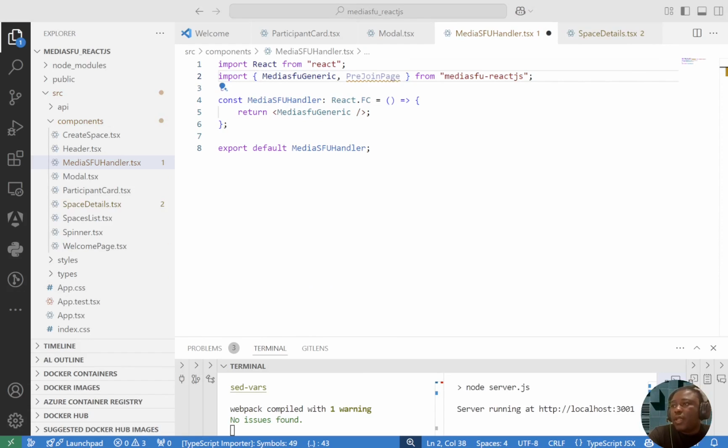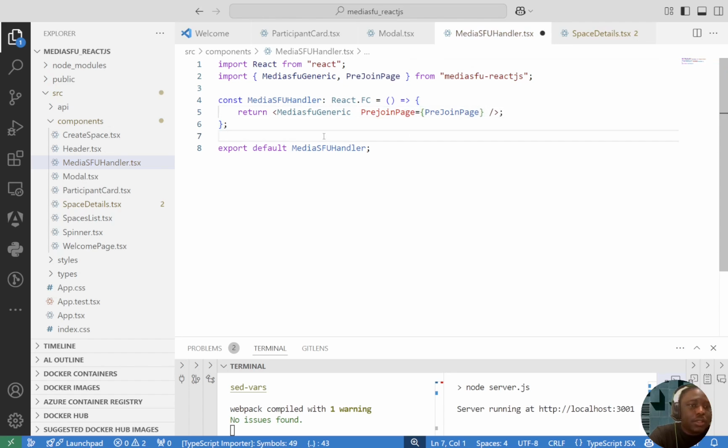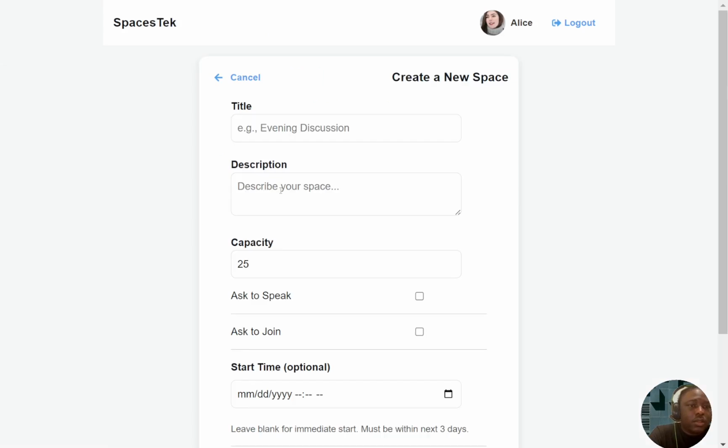And if I have a pre-join page, I'm just going to pass the pre-join page into my application. So my pre-join page, and when I run this, if we go back to our interface, we're going to test